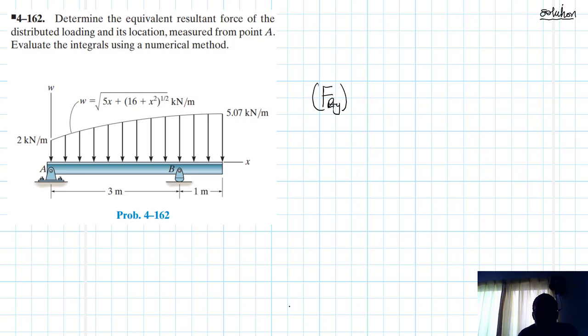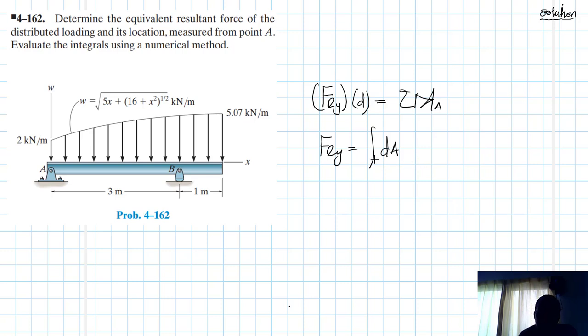For us to find the resultant force, we need to find the area under the load diagram, and we use a numerical technique to solve this particular integral, because it can take a little bit of time to solve this analytically, so we are better off using a numerical method. So we have the resultant force F_Ry times d, which will give us the location. This resultant force times d gives us a moment which should be equal to the summation of moments about point A. And F_Ry is just going to be equal to the integral of